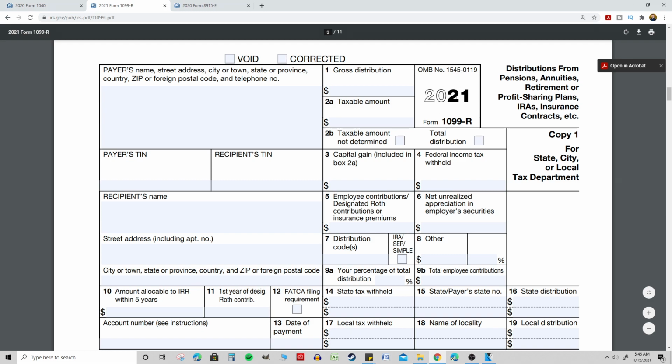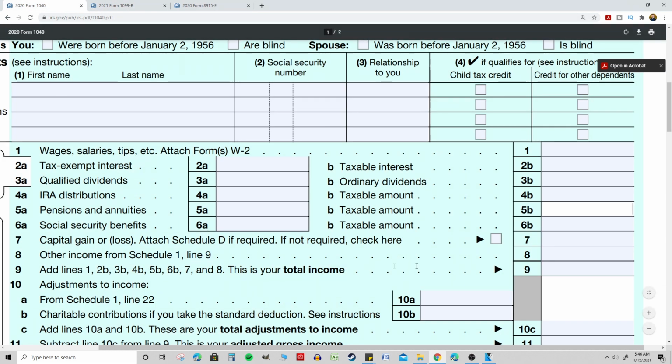I can't find the 2020 form, but I think you guys get the idea. The gross amount of distributions you took will reflect here, and the taxable amount of those distributions will reflect here in box 2A. In normal circumstances, just ignore COVID for a second, guys. Ignore COVID distributions altogether. If under a normal circumstance you took a retirement distribution from your 401k or IRA or got a retirement distribution from your pension, you would use this form and fill out this area,